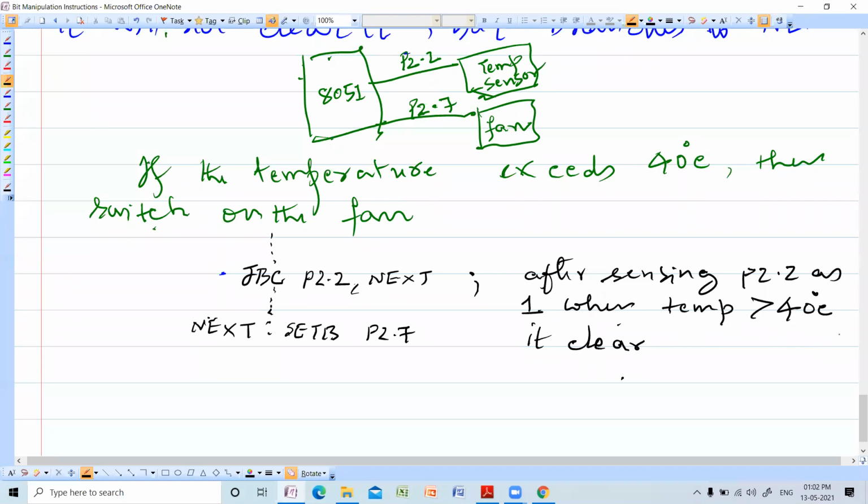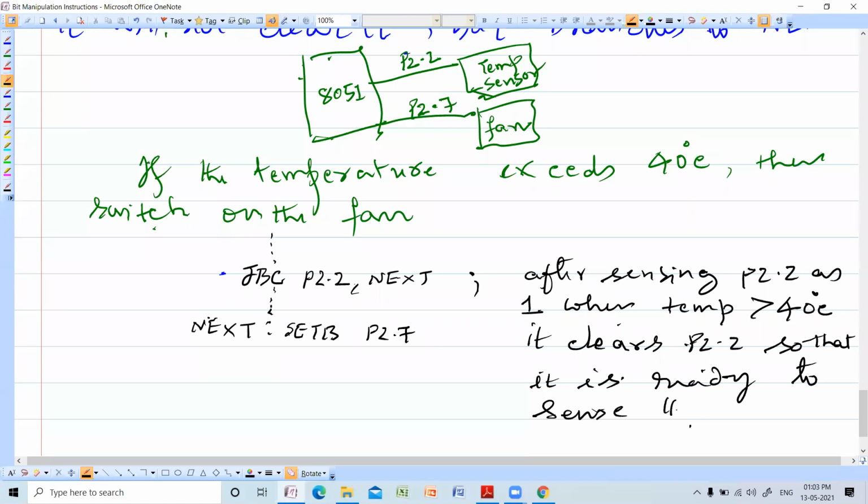If the next value of the temperature is below 40 degrees, it will not branch to next. It will be there only. It is executing the next instruction, for example. So only when it is greater than 40 degrees, it branches to next. There you are switching on the fan. So it clears P2.2 so that it is ready to sense the next value.